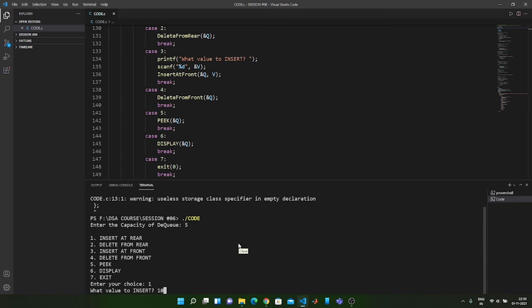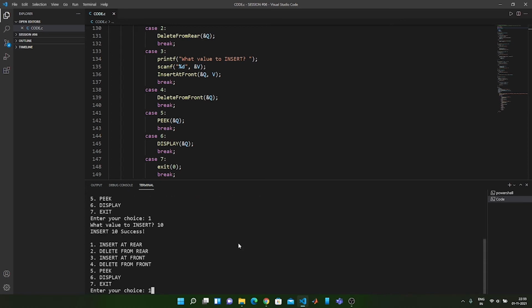Let us insert 10, and then insert at rear once again, insert 20 and then 30. Now if I want to see the content, then I will have to display it. So the DQ now is 10, 20, 30. Now let me insert at the front. I'm going to insert 50, and now if I display the content,